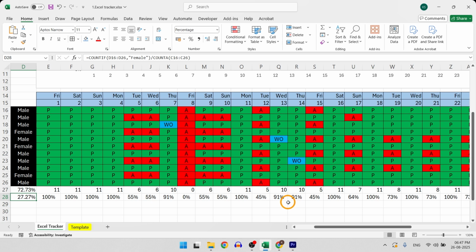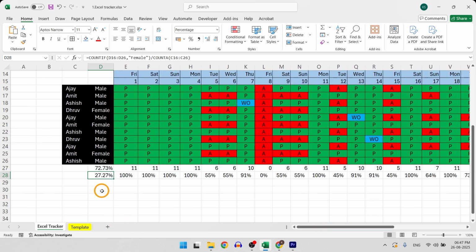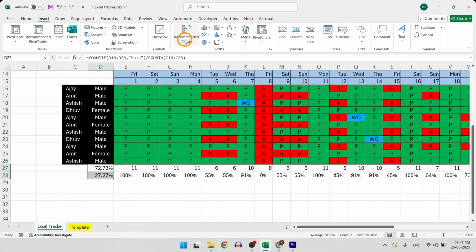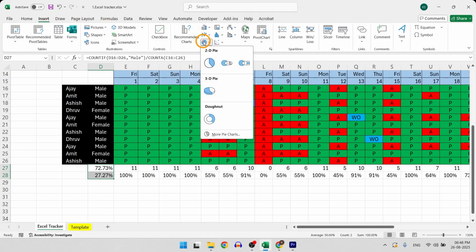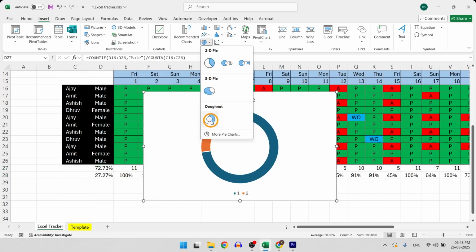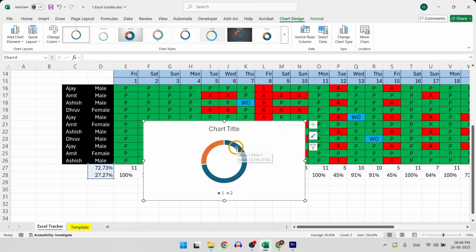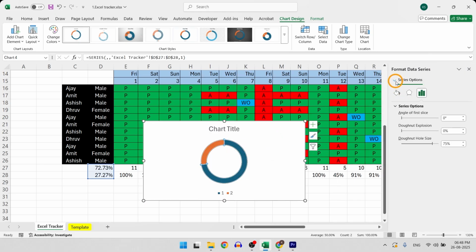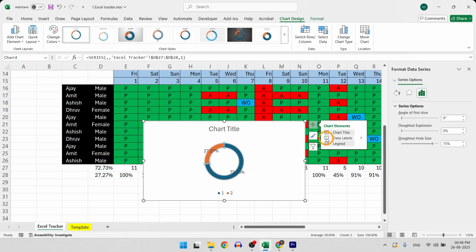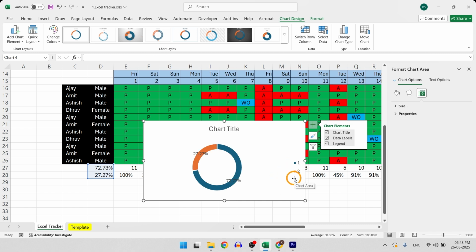I will select the 27% cell and insert a donut chart. So in the insert menu, you can insert a donut chart right below the pie chart. See, it looks similar to pie chart but visually cleaner. After a bit of formatting and data labels, it shows 27% are females and rest are males.